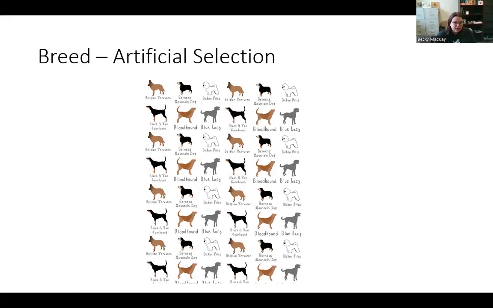Another example, and kind of again goes with evidence of evolution, is artificial selection. So what this means is that we can kind of manipulate things. I myself grew up with dachshunds or wiener dogs. They're great. They're absolutely amazing dogs. Like any other dog, they come from wolves. Wolves and wiener dogs look very different. Do you think wiener dogs would have naturally evolved?